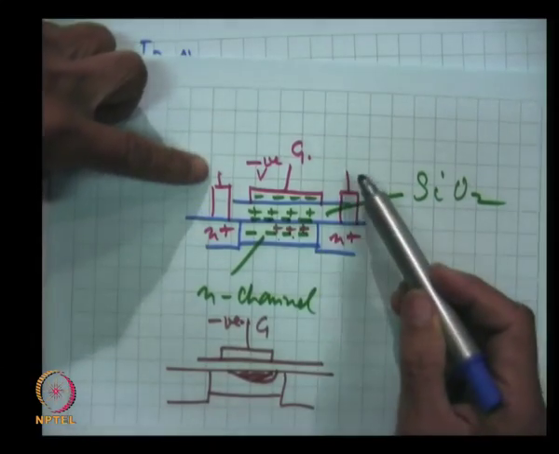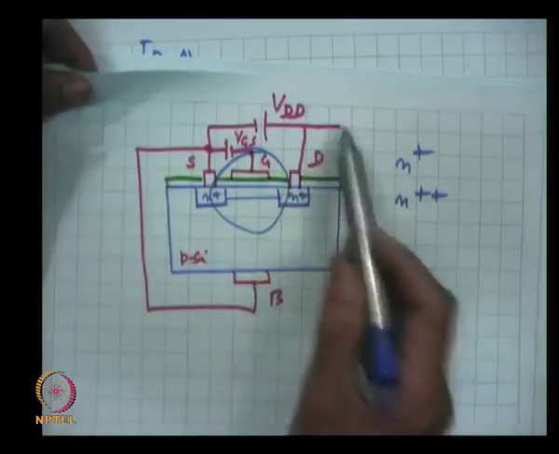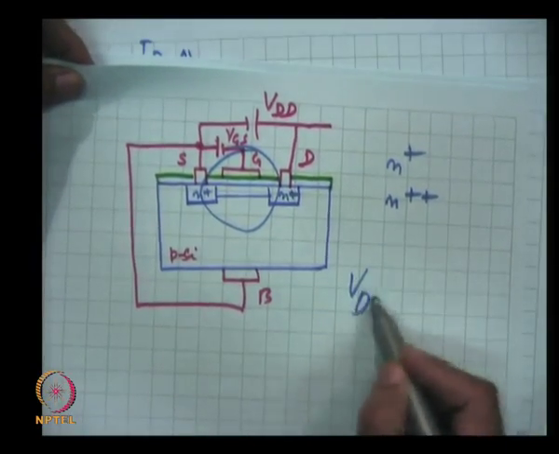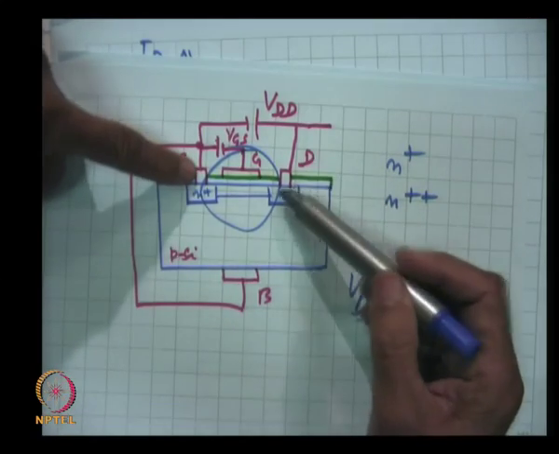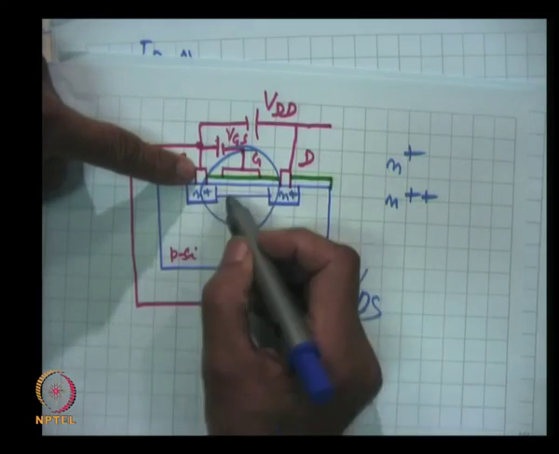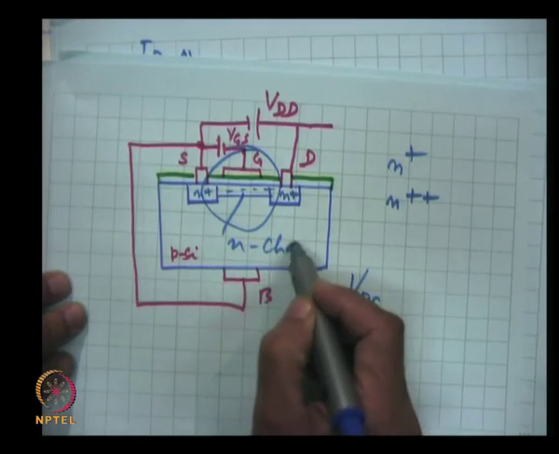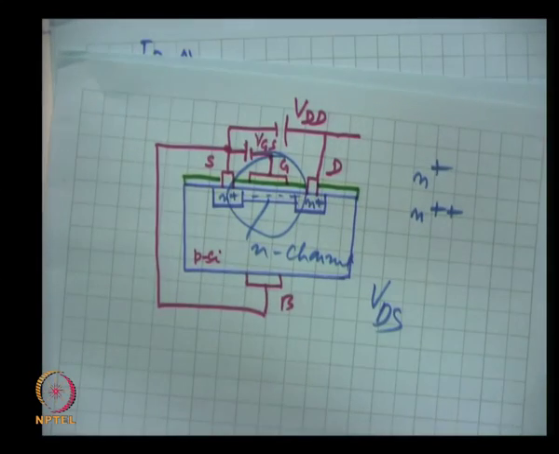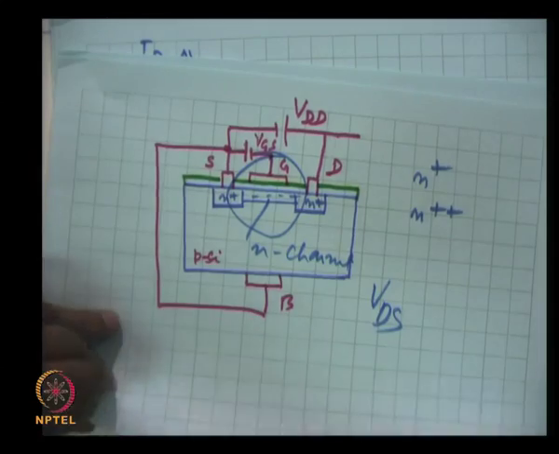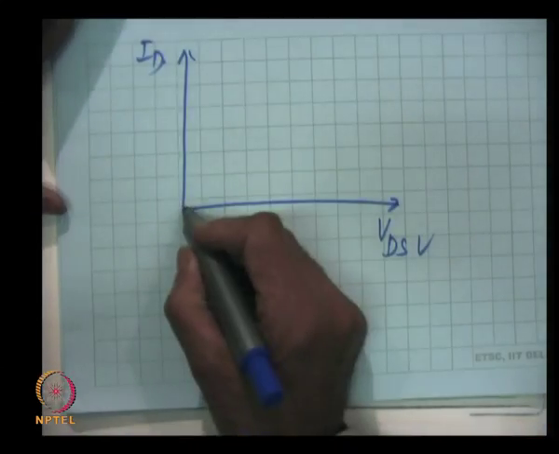When we change this voltage VDD, that is VDS, between source and drain, the current will flow because of these electrons. This is N channel, current will flow. So, this current will be this,